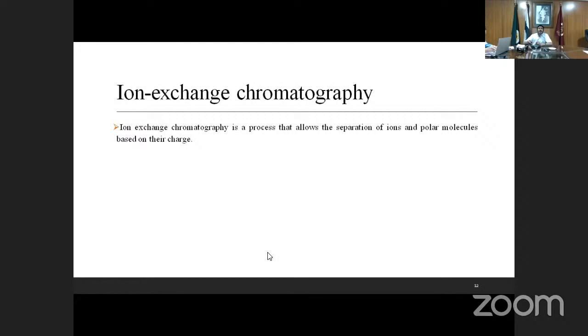Another kind of chromatography is ion exchange chromatography, or ion chromatography. This chromatography is used mostly in environmental and protein chemistry. Ion exchange chromatography allows the separation of ions on the basis of polar